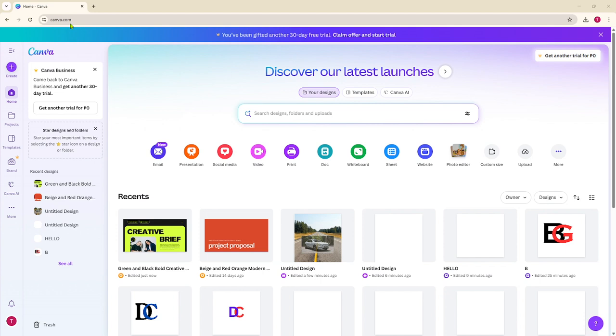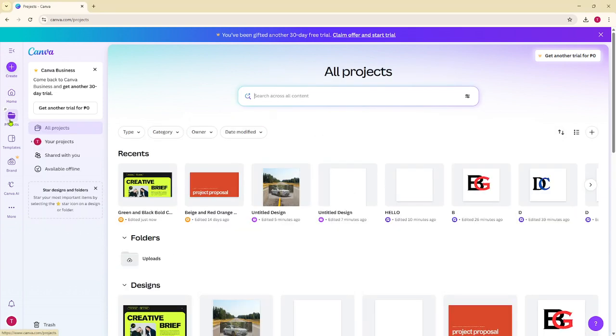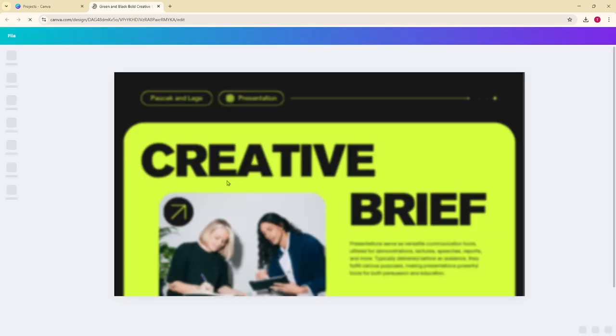Once you're logged in, locate the Projects tab on your Canva dashboard. Click on it, and you should see a list of all your ongoing and completed designs. Navigate through your projects and open the presentation design you wish to convert and save as a PowerPoint file. This will open the presentation in the Canva editor where you can make any final tweaks or touches if needed